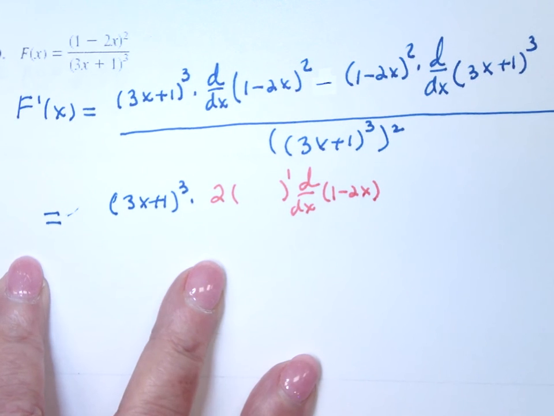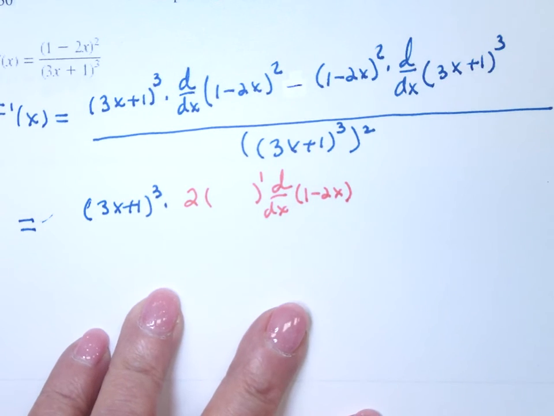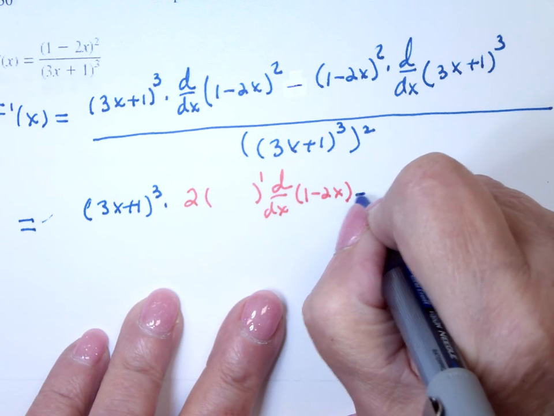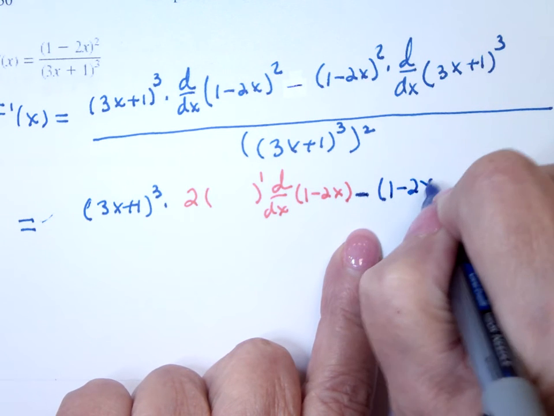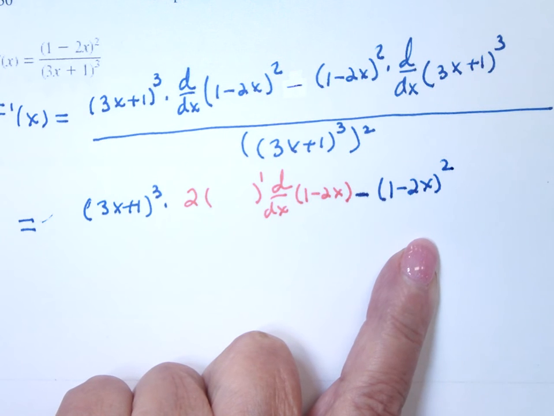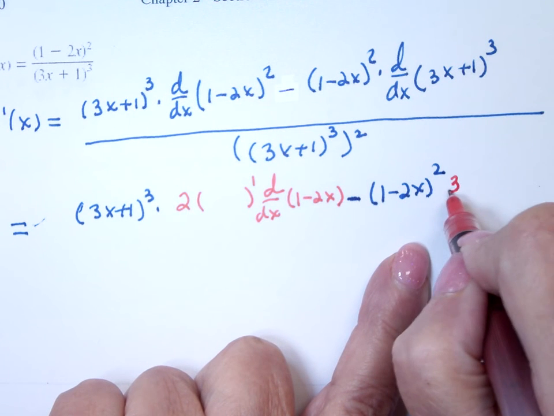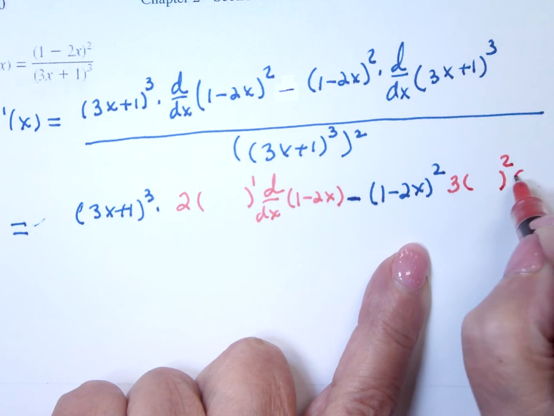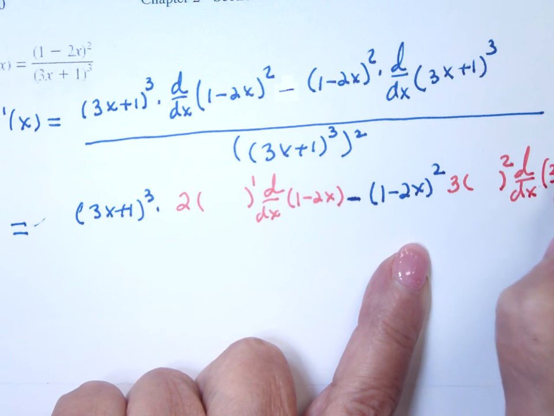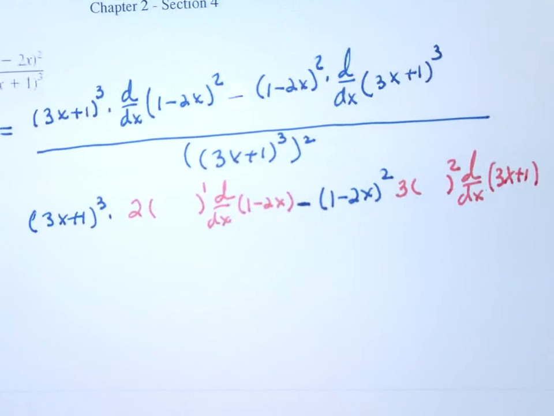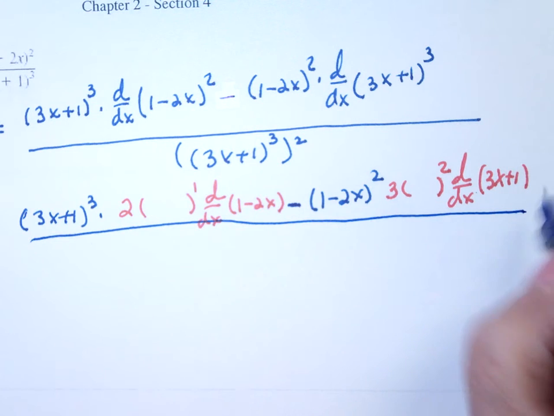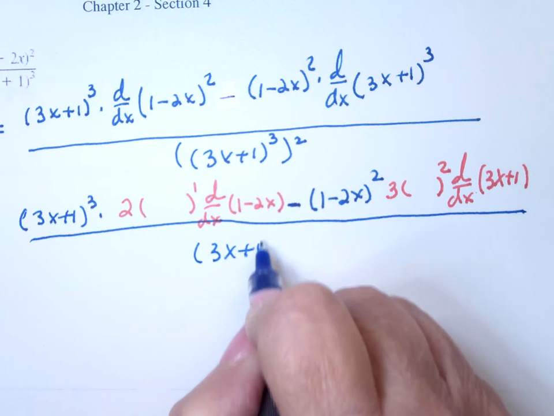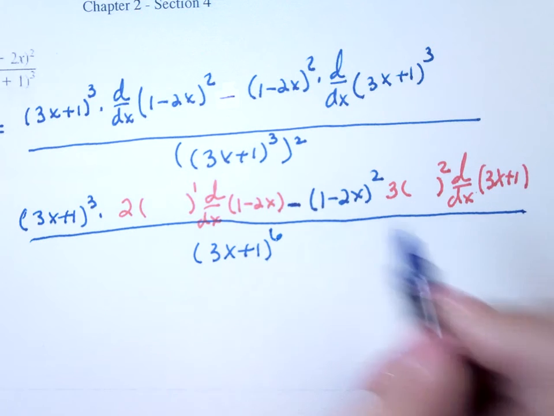This is another thing that helps you if you know the rules, because then you don't have to write all the notation down. Minus the numerator times the derivative of the denominator, which is 3 times the blob squared times the derivative of the blob, all over the denominator squared to the 6th power,